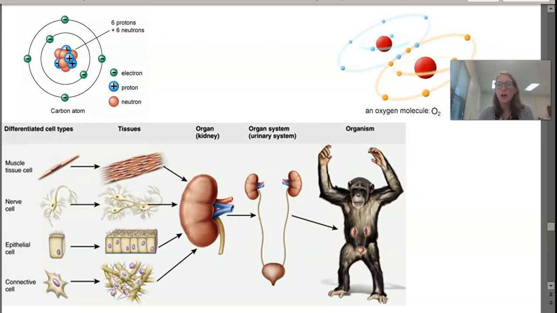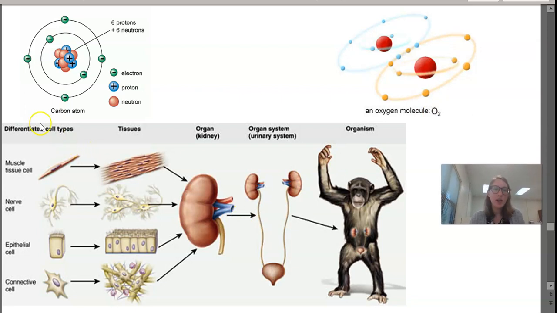So this shows those levels of organization. Again, you have to have at least one cell. So even just one cell in your body, if it's a muscle cell or a nerve cell, all of the cells in your body look a little different because they have different functions. So even just one muscle cell in your body is a living thing. A lot of muscle cells form tissues. So a lot of muscle cells will form your muscles,